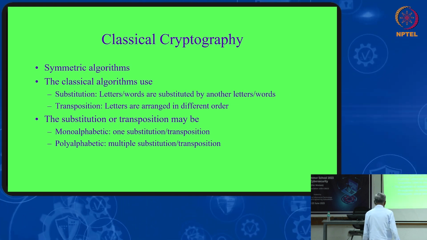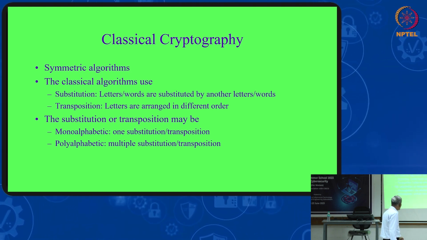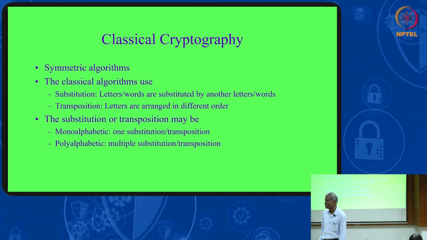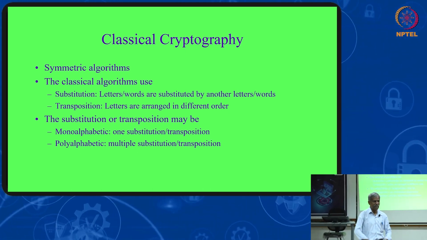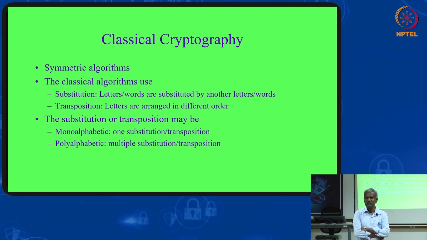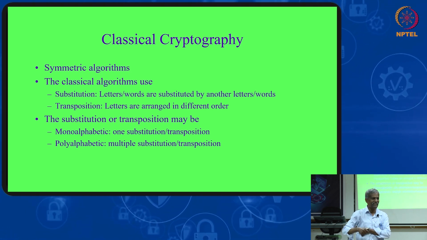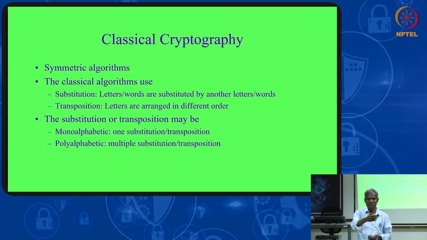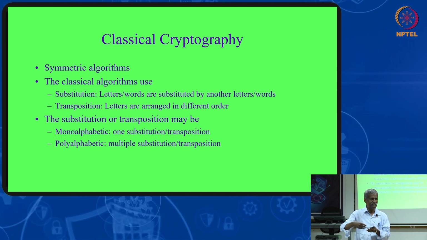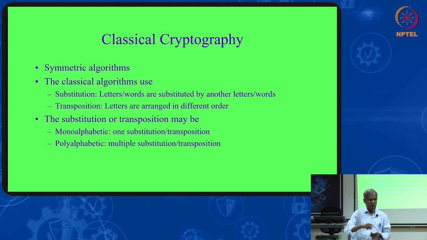The classical cryptography, that is the simple cryptography, we have substitution and transposition. Substitution means you will be substituting A with B, B with C, C with D, that is a simple substitution. Transposition means 1 goes to 2, 2 goes to 5, like that. Suppose first letter will be going to 5th position, second letter will be going to first position, third will be going to 10th position. So you will be doing like this.